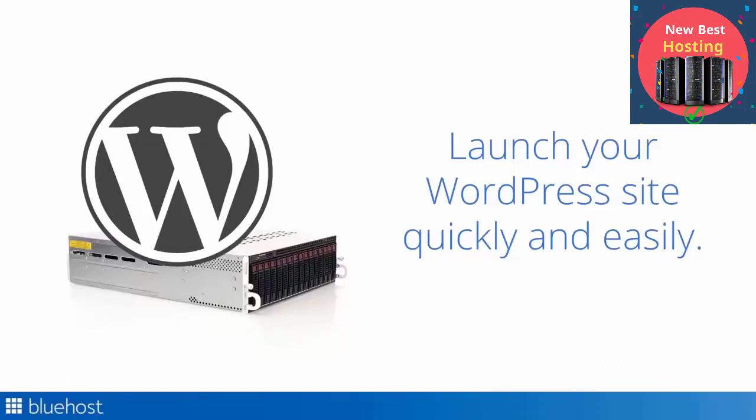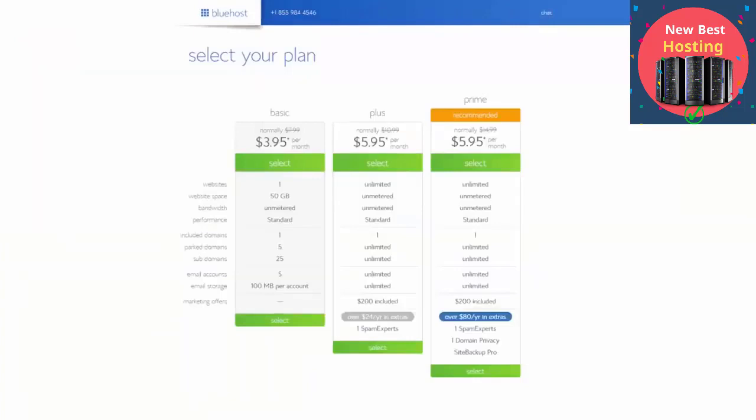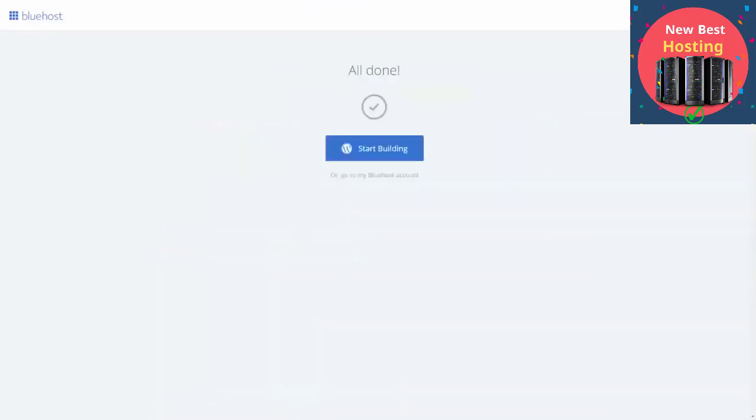If you haven't done that already, it's super easy. You can just go to bluehost.com and sign up with one of our hosting packages. There's a couple options to choose from, but everything we have works very well with WordPress. While we're setting up your account, you can choose a WordPress theme and then go straight from there into building